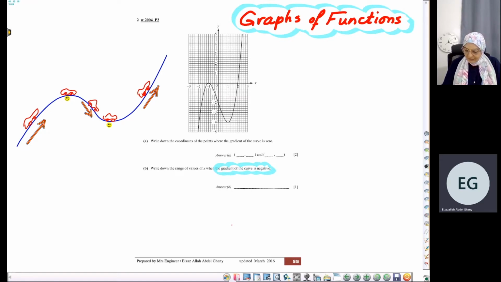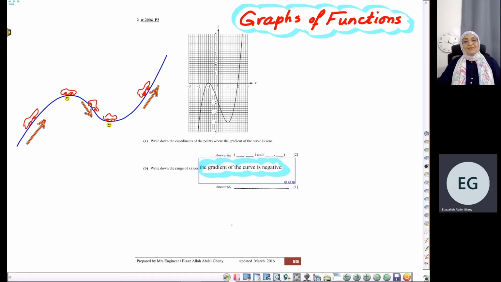This word is highlighted here, the gradient of the curve. It means the gradient of the tangent to the curve. Repeat, it's the gradient of the tangent to the curve. Let's remind you about,